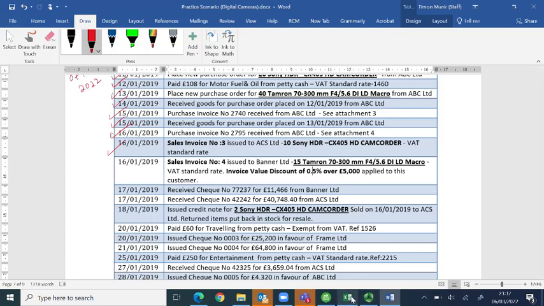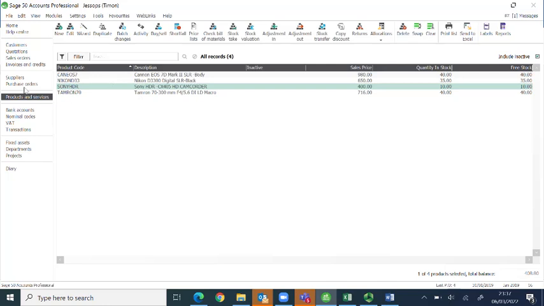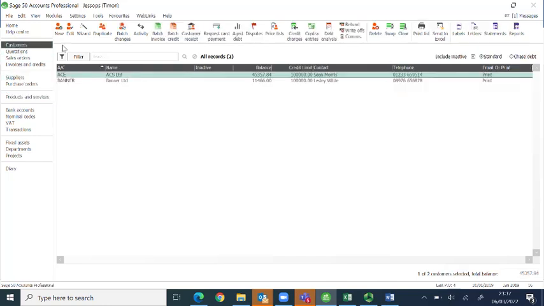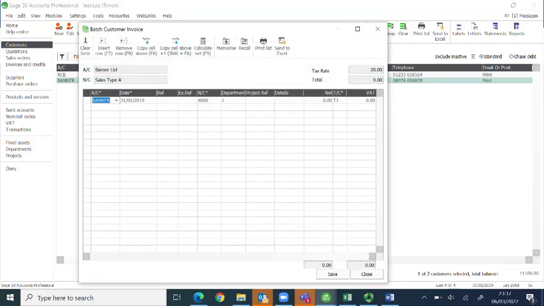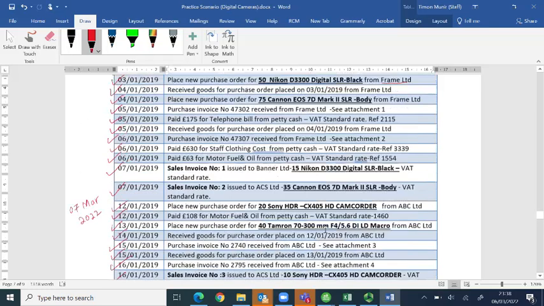Okay, so if I go to my Sage software, click on customers, Banner Limited, batch invoice. The date is 16th of January. The reference number is number 4, invoice number 4. Now is the time I have to calculate the sales price and the discounts. So if I go back to my information sheet,